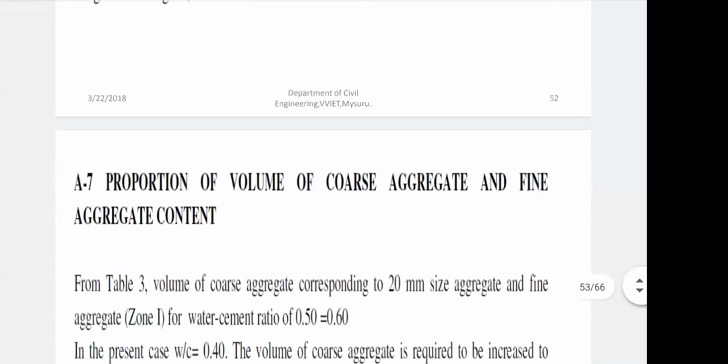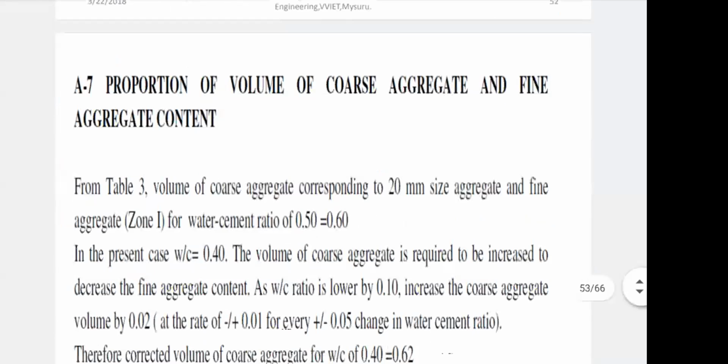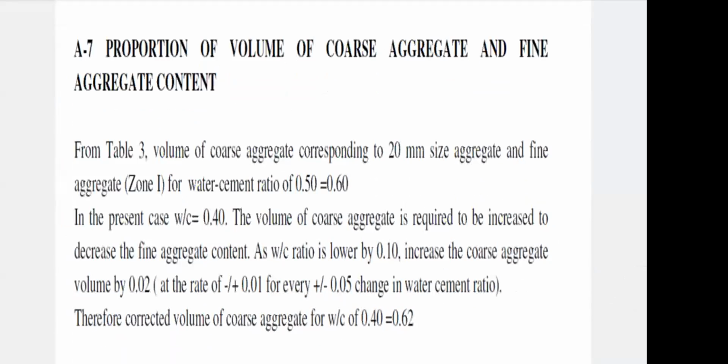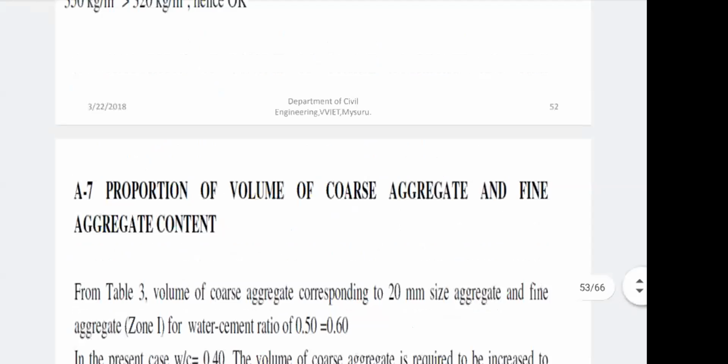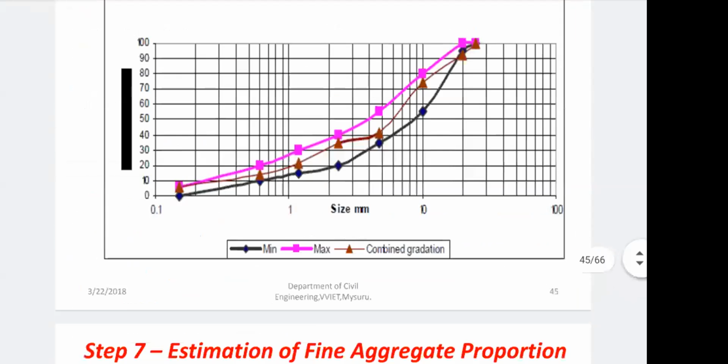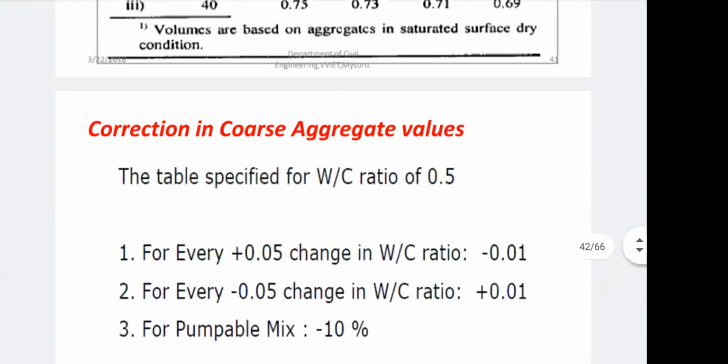Now we'll see the proportion of volume of coarse aggregate and fine aggregate. As per Table 3, the volume of coarse aggregate corresponding to 20 mm size of aggregate and fine aggregate of zone 1, for water cement ratio 0.5, is equal to 0.6. How does it come? You can see Table 3, where these values are already given.